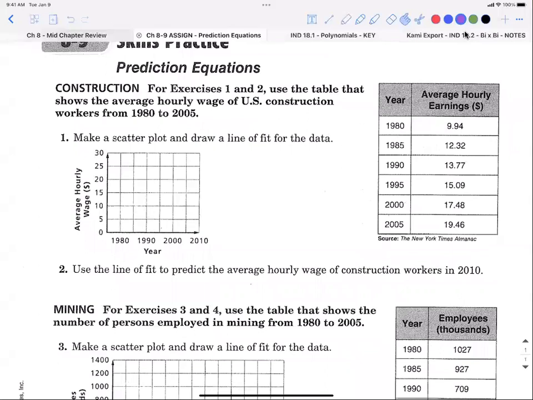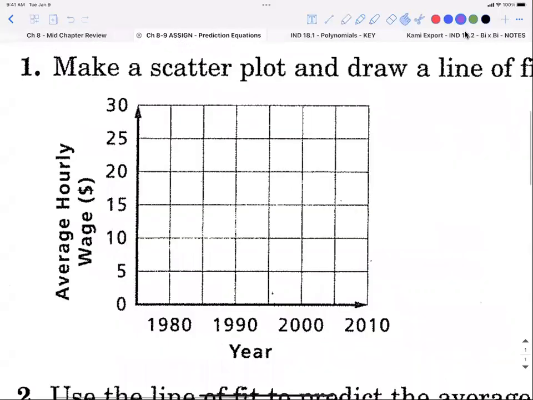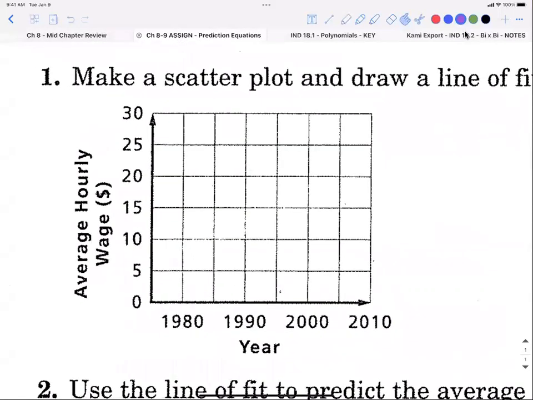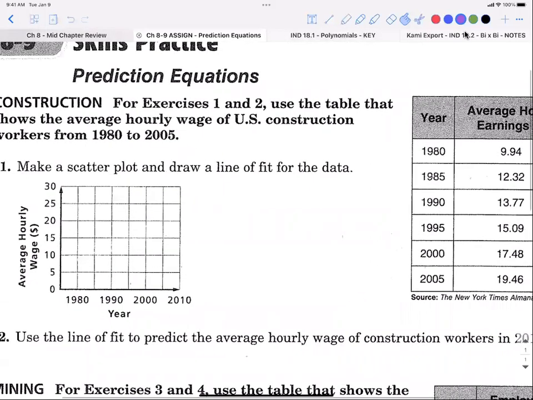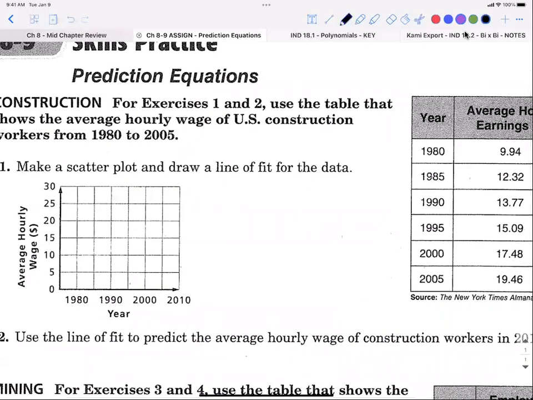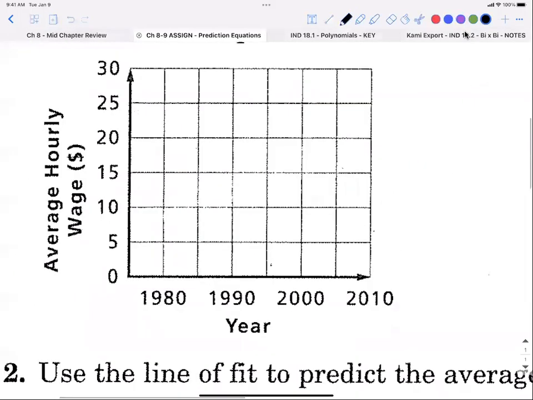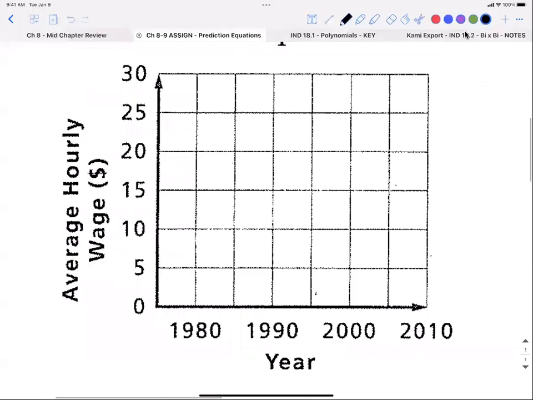So we've done this before, okay? This should be a review, but we are going to take all of the given points from the table and we're going to plot them on here, okay? So the first point is 1980, and remember that's X's and Y's, right? 1980 is your X, and just to be clear here, the average earnings are your Y. So I go over to 1980, and then I go up to